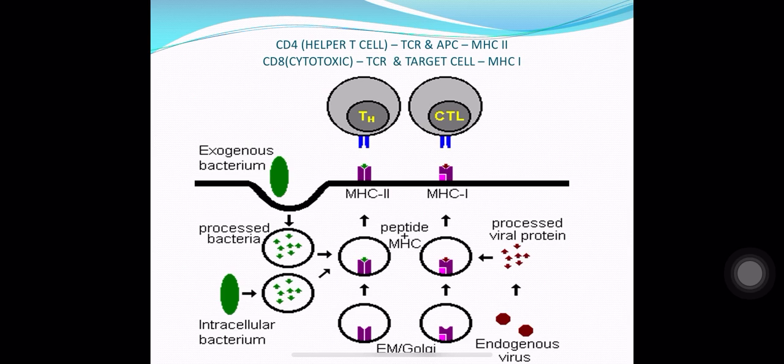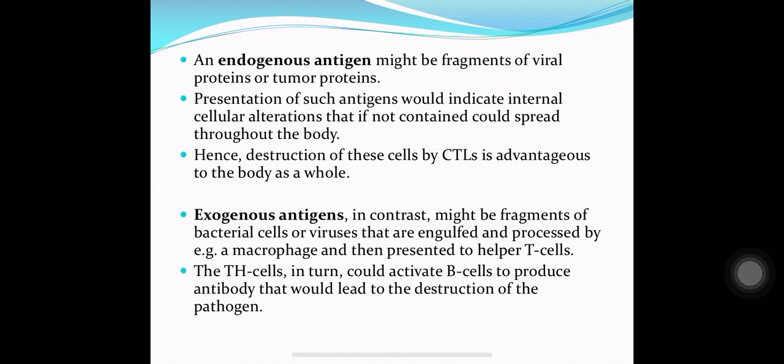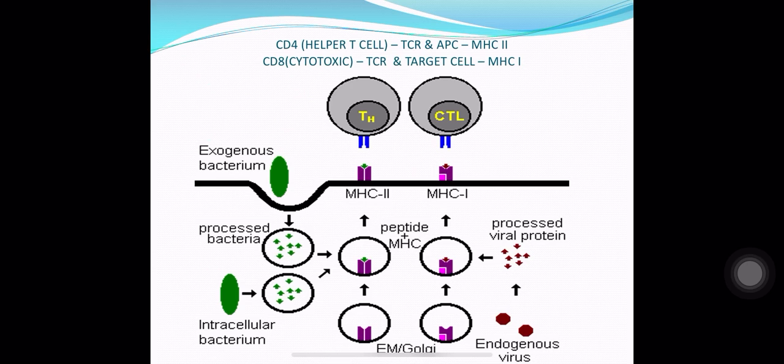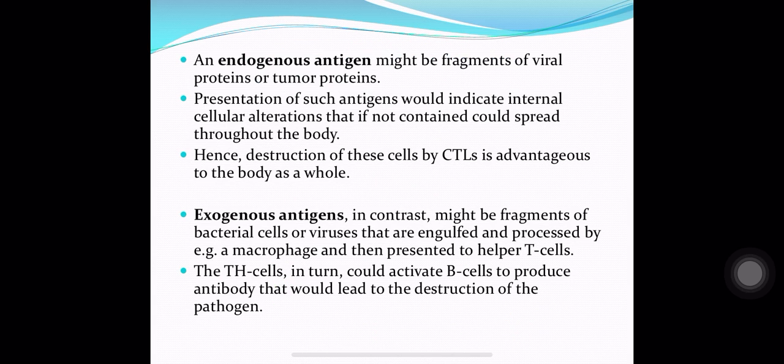So the thing to understand here is that an endogenous antigen might be fragments of viral proteins or tumor proteins, and such antigens are presented coupled with MHC1 molecules to the cytotoxic T cells. And once the cytotoxic T cells identify this presentation, then they will destroy the target cell which contains the antigenic fragments. And exogenous antigens are generally